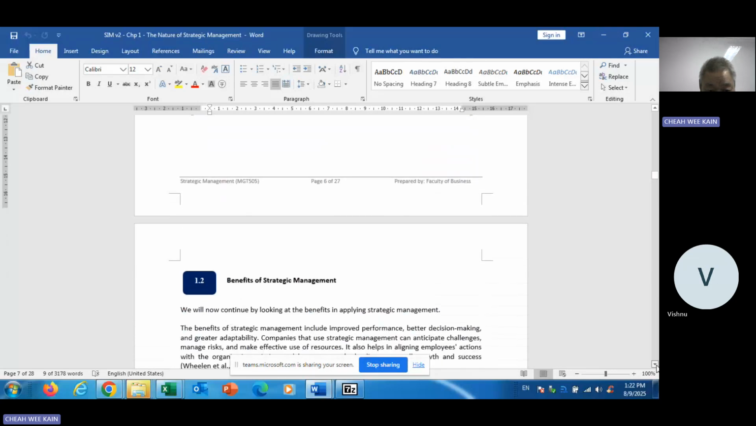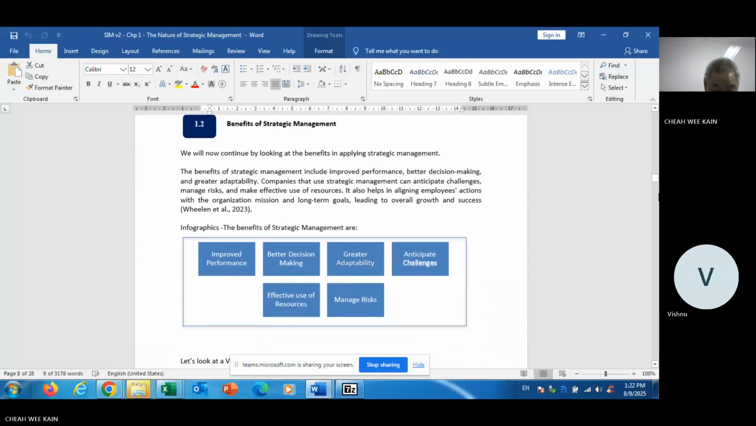So now we go to the second one. Can we say what strategic management is? Now we need to look logically, is there any benefit? If there's no benefit, what do we do? Okay. Basically, the whole process of strategic management will give you the following benefits, as seen from this infographic. Okay. So the benefits under the infographic are